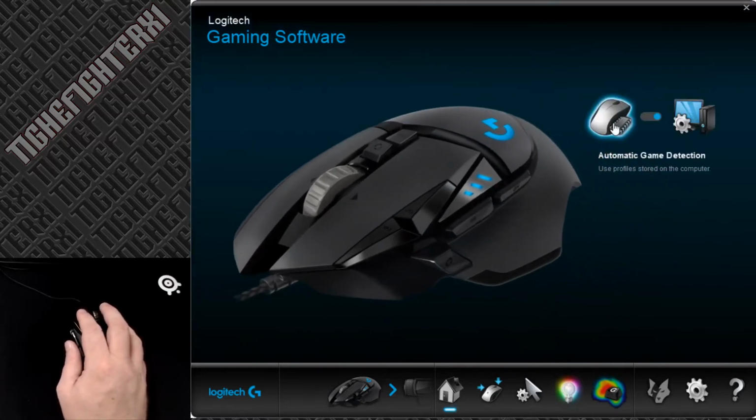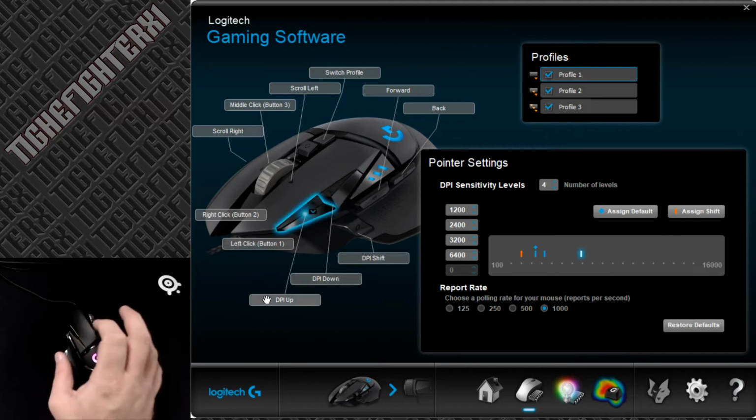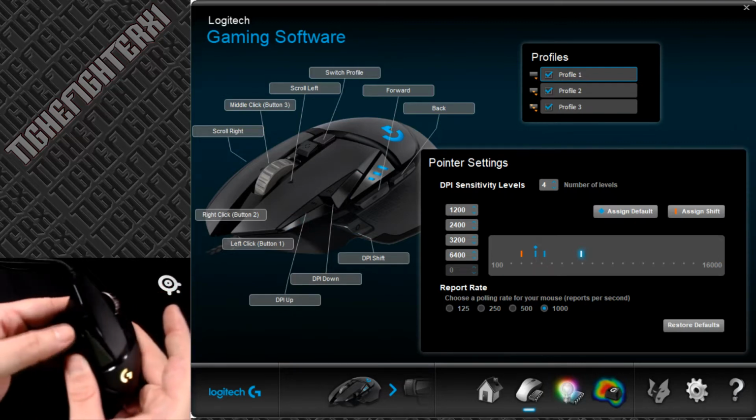Now remember, you can also use onboard memory. And when you do that, you can program all of these for up to 3 profiles, which is pretty cool. So these are all your buttons, right? Your DPI down, your DPI shift, your DPI up. So on the mouse itself, your DPI up is here, your down is here, your shift is here,